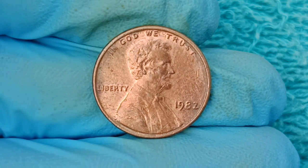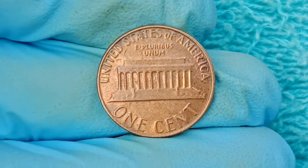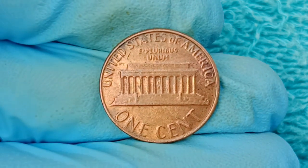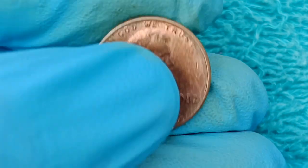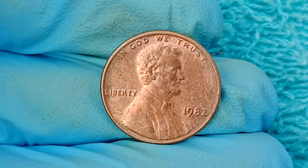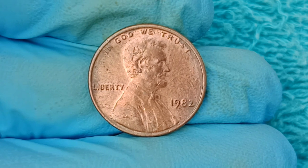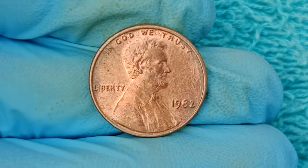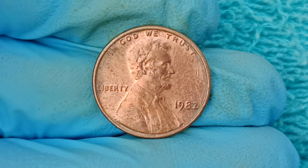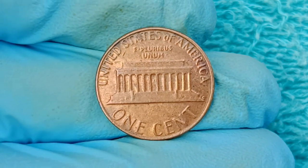And following that sale, every major numismatic organization began re-evaluating 1982 cents, confirming that the year holds the highest number of possible variations in any single cent year in U.S. history. And despite millions of 1982 pennies being minted, only a microscopic fraction carry the right mix of errors, alloy, strike type, and die design to match the legendary specimen, which has led to a modern-day gold rush of sorts as collectors across the globe scour their collections, search coin rolls, and visit estate sales in hopes of finding a matching coin, and the discovery of just one more authentic specimen could cause another seismic wave in the numismatic world,